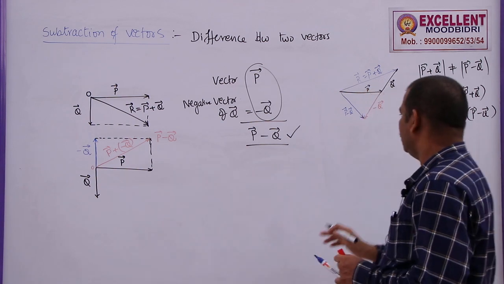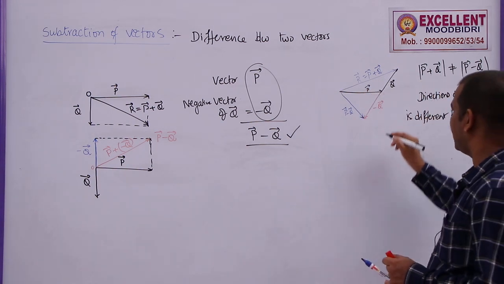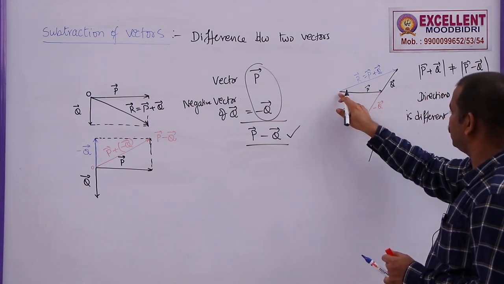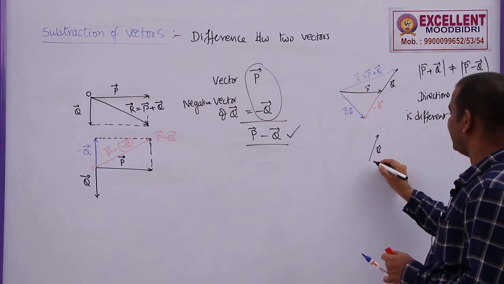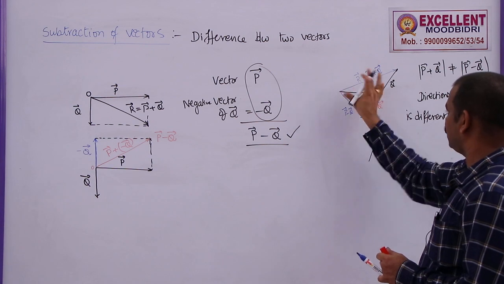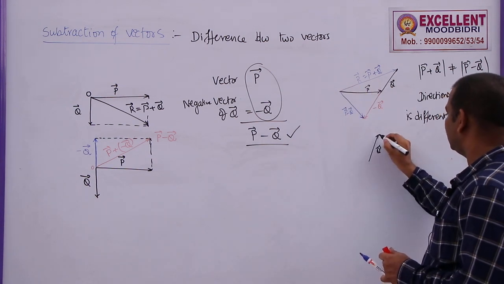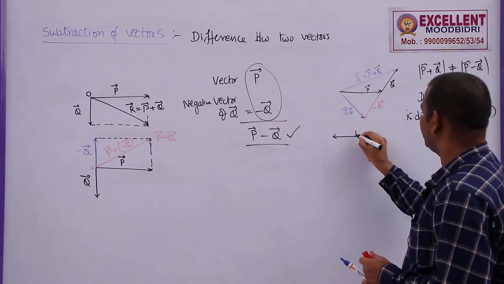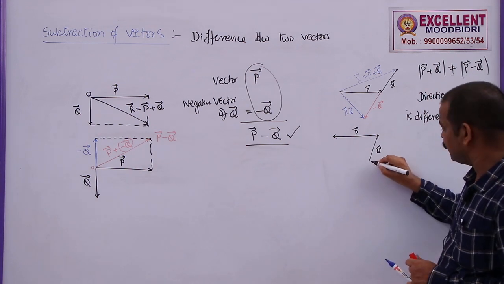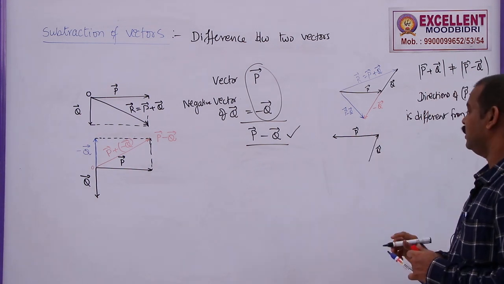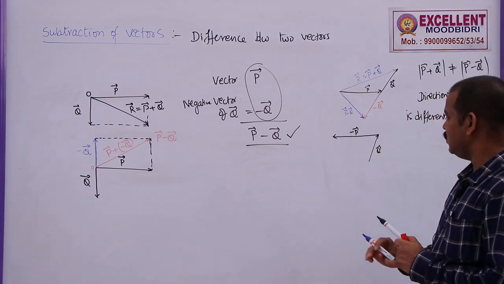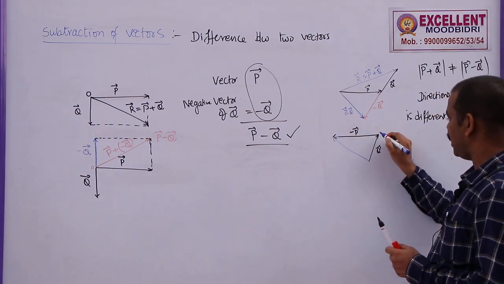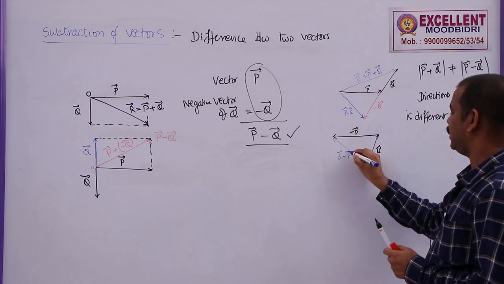Suppose you want to find, for the same diagram, Q bar minus P bar. So this is Q bar, and from here to here, this is P bar. What does minus mean here? Minus means I need to reverse this one, but keep tail to head, tail to head. So this will be reversed here. Always you have to follow the order, tail to head, tail to head. Now this is actually minus P bar. Now if you join the third side or closing side of this triangle, this is Q bar minus P bar.